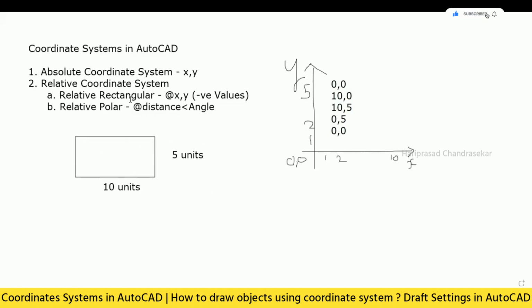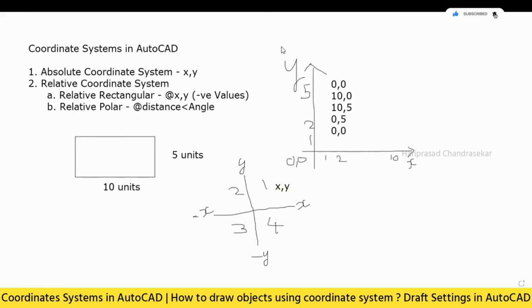Okay, but in relative rectangular, we need to consider 4 quadrants. First quadrant, second quadrant, third quadrant, and then fourth quadrant. In the first quadrant, we will be having x comma y. And in the second quadrant, how will you know that? Because here we have x, and here we have minus x, and here we have y, and here we have minus y.